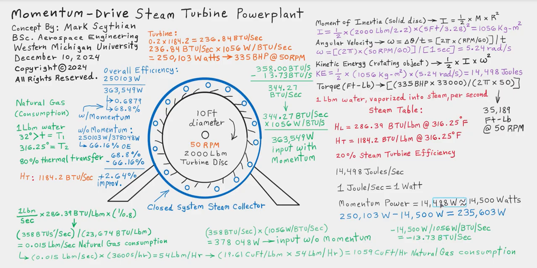So that can be calculated based on the numbers here. But what we're looking at is the overall efficiency, and we save about 4% fuel consumption and increase our overall efficiency by 2.64%. So we'd say on average the overall efficiency is about a 3% increase with this large 2,000 pound 10-foot diameter turbine disc. So imagine these are outside instead of big wind turbines and solar grids everywhere, and the